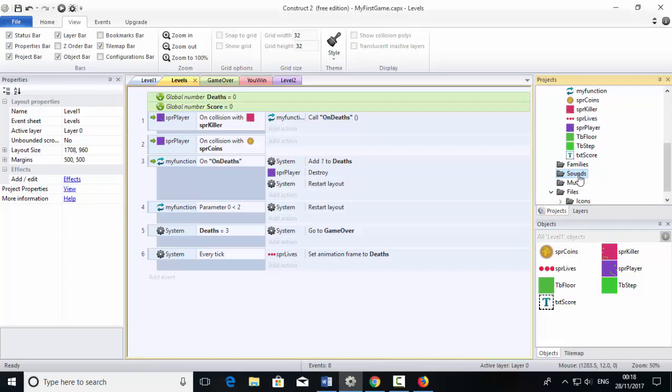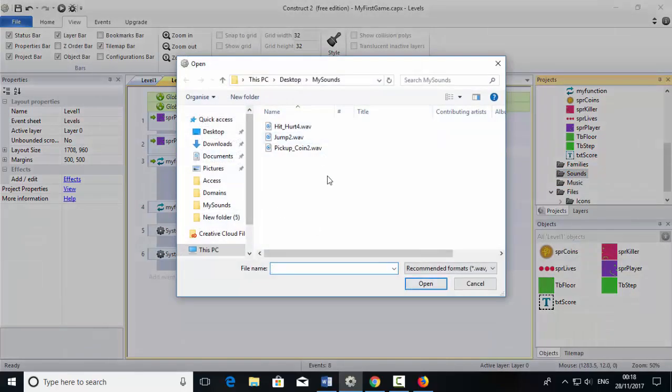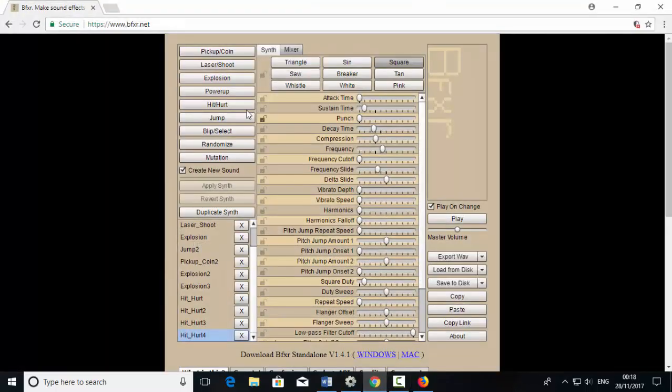sound library here. I'm going to right click, I'm going to import sounds, and I'm going to select all these 3 sounds. I'm going to show you how to create the sounds. Let's go to